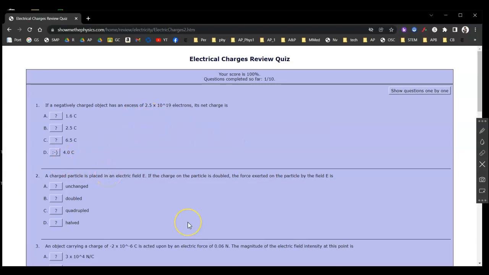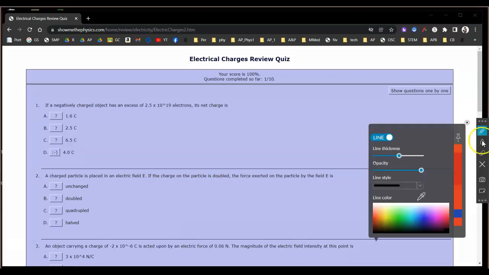Isn't it? Okay, a charged particle is placed in an electrical field. If the charge is doubled, the force is, let's take a look. Electrical field, E, and a charge. Well, there it is. Look at that equation. If the charge is